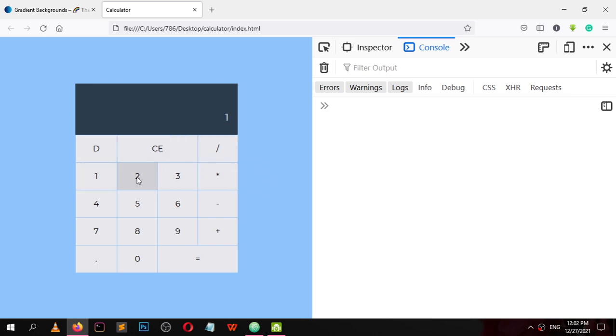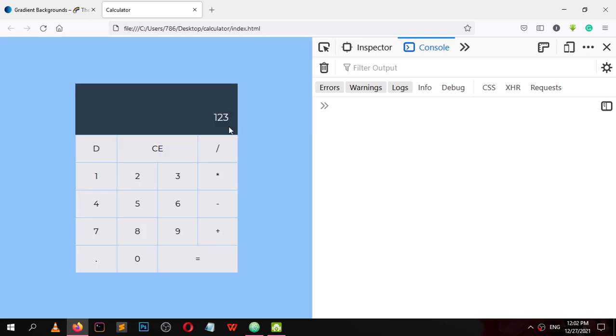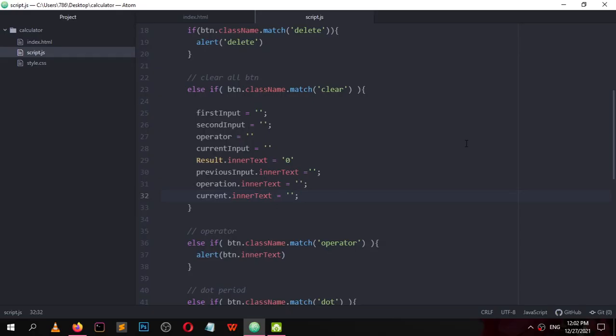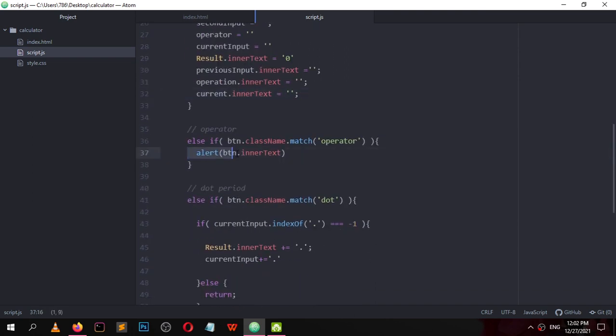Let me show you one thing. I click 1, 2, 3 and then any operator, this operator addition. So this 1, 2, 3 should go to the top and the operator should be shown. So come to this operator.